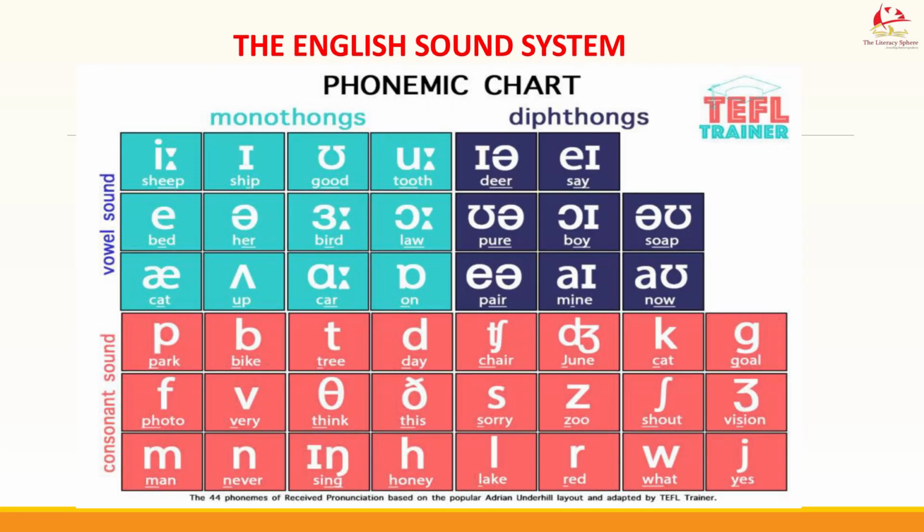The first, for instance, is E. That symbol, looking like the letter I with the colon beside it, is the sound E, which is what you hear in sheep. Next to it is a short sound. So now you see the sheep has a long E sound. That's a long sound, while ship has a short I sound, telling you that that word has to be pronounced quickly with a short sound I.